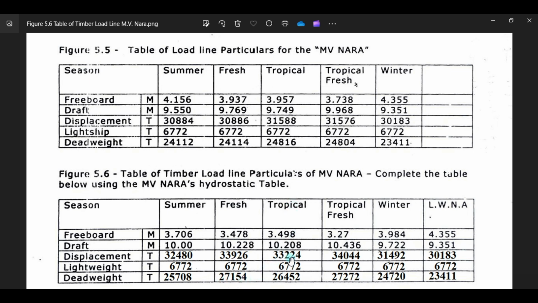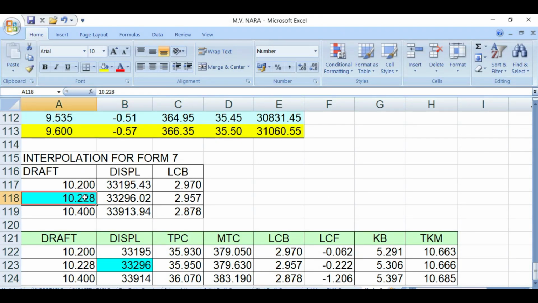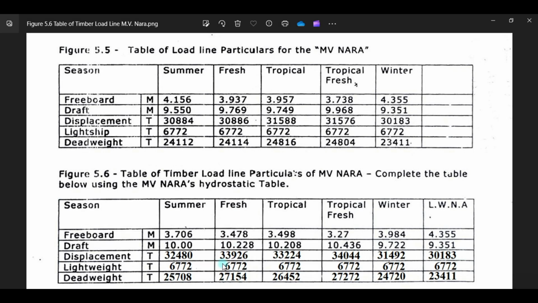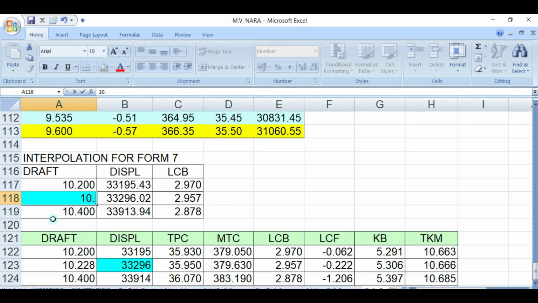And we go to tropical, which is 10.208. Put here 10.208.